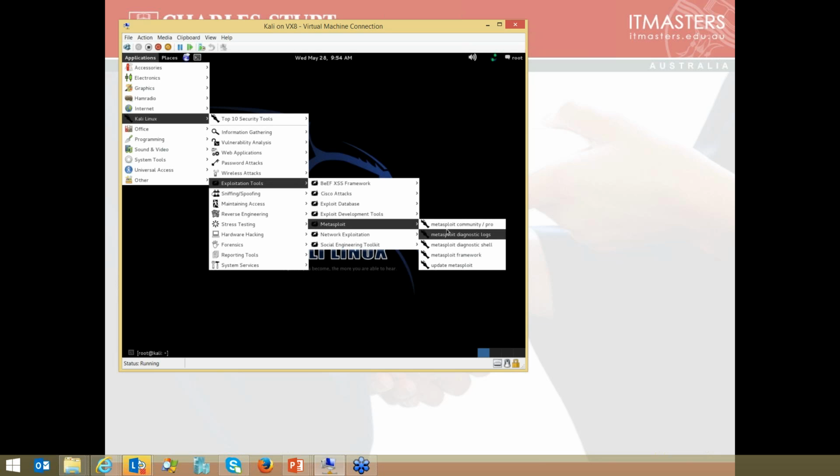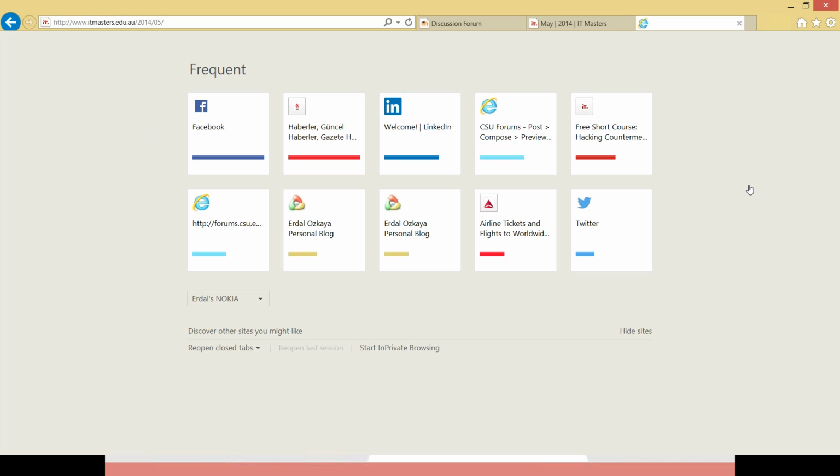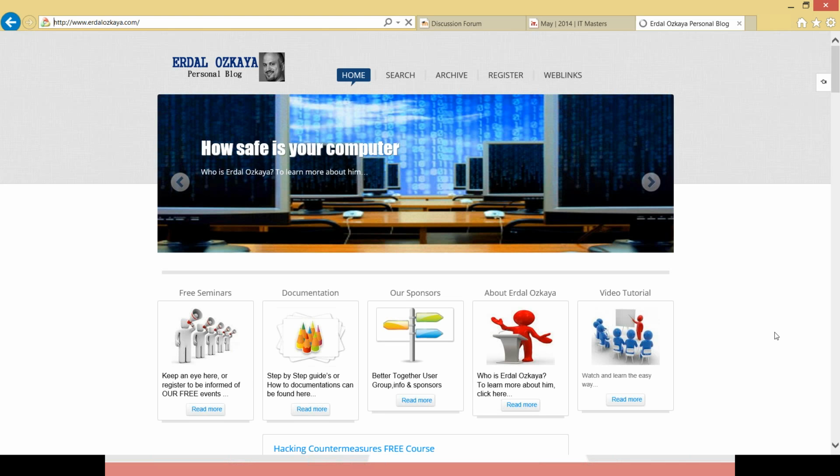You can create a virus with Metasploit as well. I'm going to cover this a little bit later, okay? Or if you go to my blog and search for CH tools or hacking tools, which I recommend,